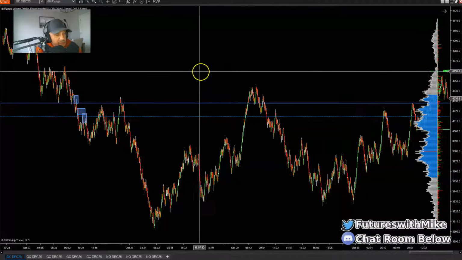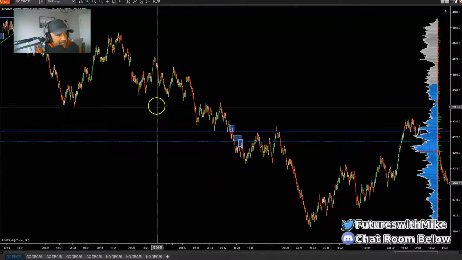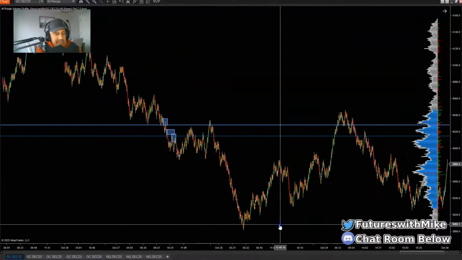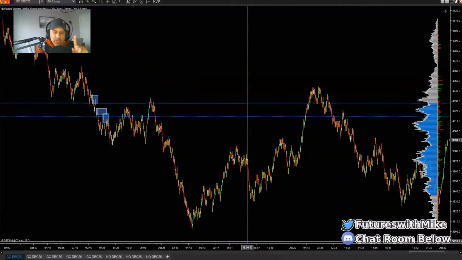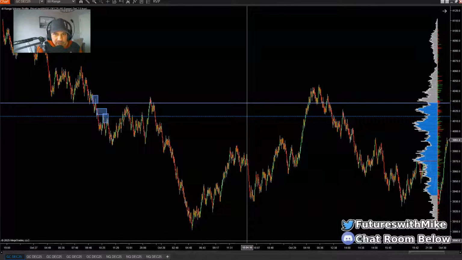Now, structure is important because you've got to understand what the flow of the market is. What is the market actually trying to do? First and foremost, I always recommend using a higher base chart. I'm using a higher range chart, 60 range, when it comes to trading gold. And then I scale down to a lower range chart, like my 12 range chart, for entry. Now, this is all covered in the strategy in which I talk about so much here on the channel,